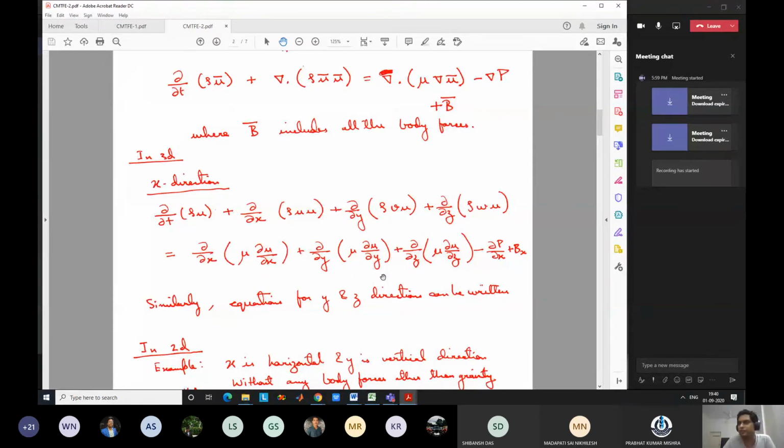So basically, change in momentum is due to forces. So you have to balance the change of momentum due to forces. That is the fundamental principle from which these terms have evolved. But we will not go into those details. So after some simplification only, you get this Navier-Stokes form.